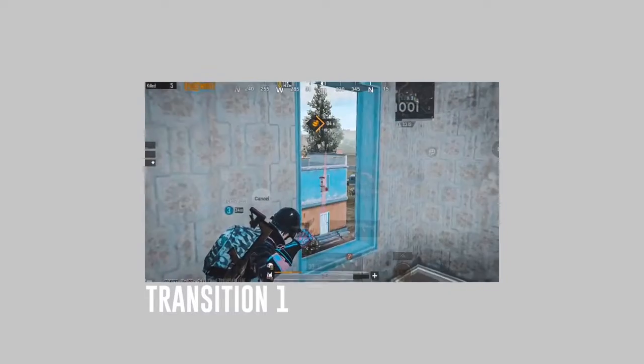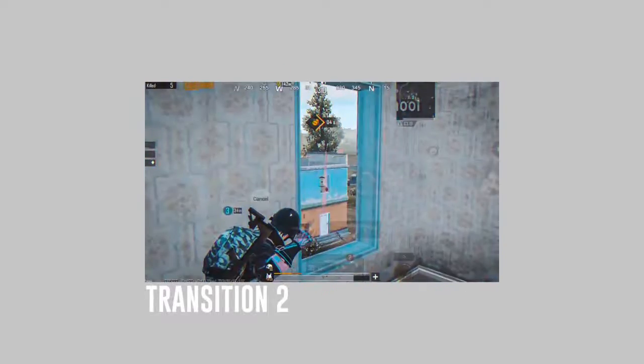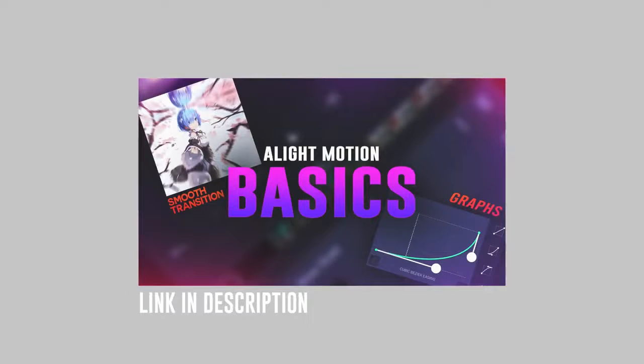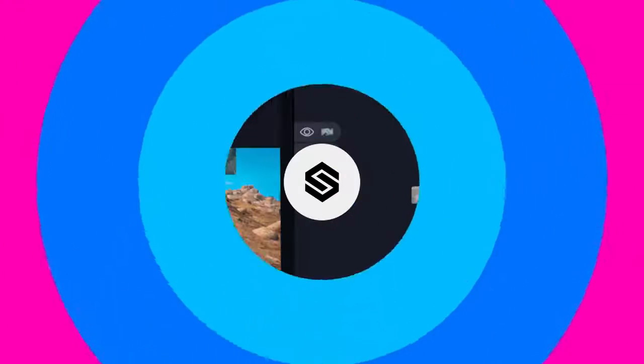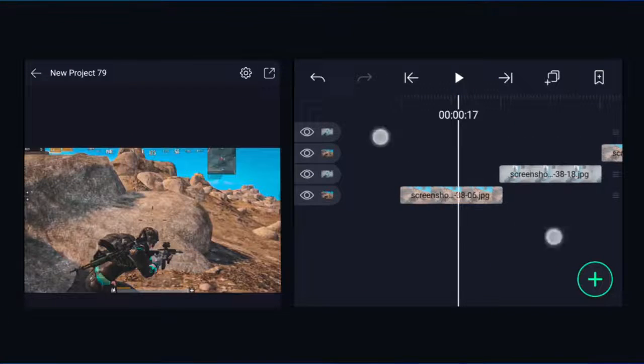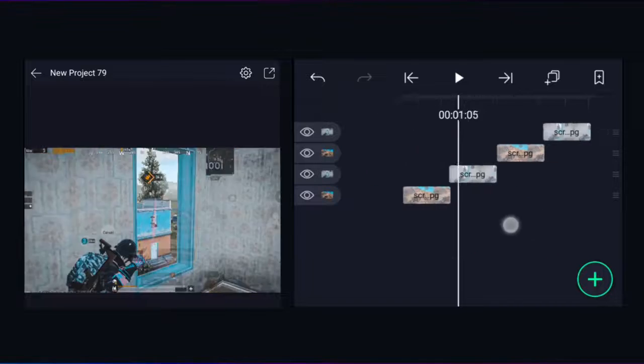Hey everyone, in this video I'll show you how to make these two transitions in Alight Motion. But if you're a complete beginner to Alight Motion, I suggest you watch this video first. After that, if you watch this, it will be very easy to understand. So let's get started. Here in Alight Motion I have added 4 images between which I'm going to add those